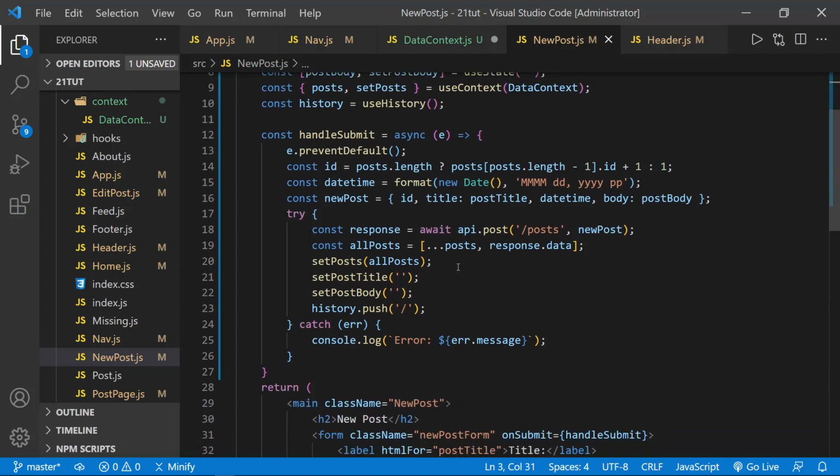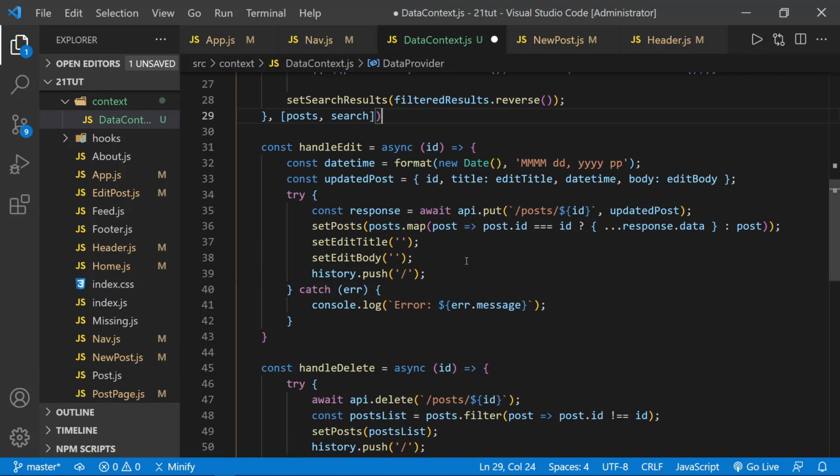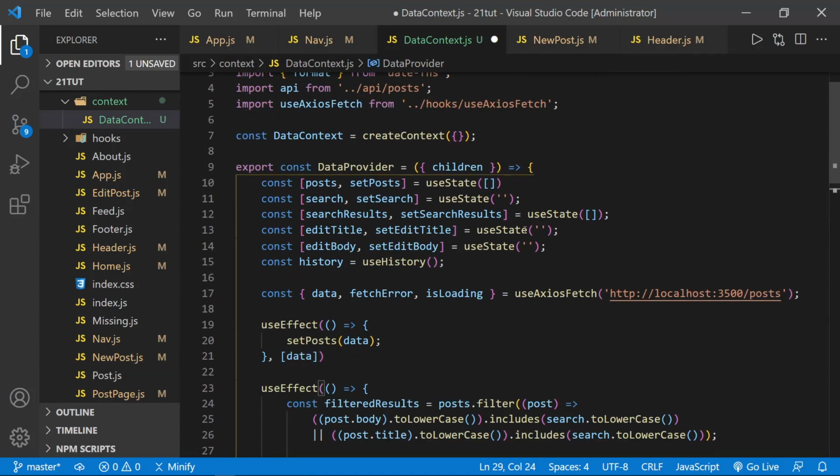And everything else looks good. So we have our handle submit function, and we're containing the state within the component that really doesn't need to be shared, and we're pulling in the state that does need to be shared between components, and here that is posts. Let's save this. We'll go back to our context, and we already removed the function, and we already removed the state that we won't be